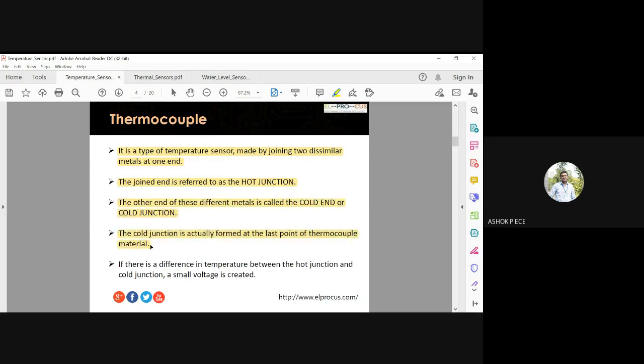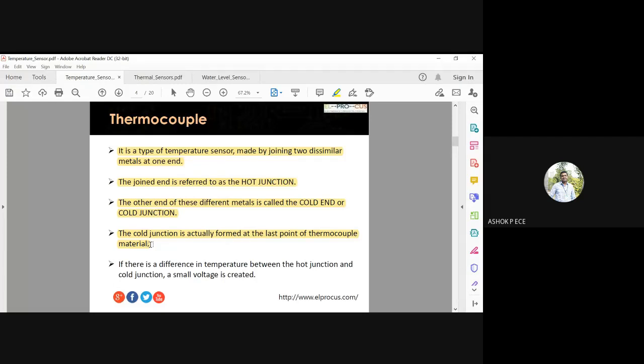See, there are two ways of creating a thermocouple. If you take two materials A and B and weld them, you keep the A side hot and the B side cold. This is one way. The second way is what is given here. You take two metals A and B and weld them. The welded portion is kept hot, and the two other ends, you can keep them cold. This is another way of designing your thermocouple.